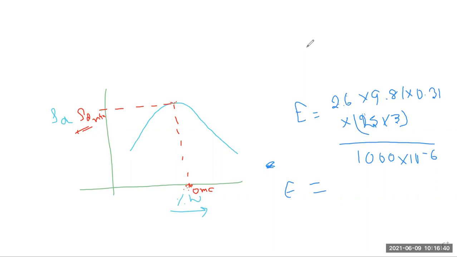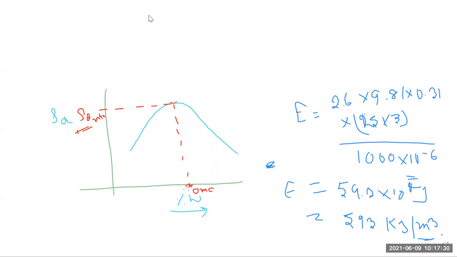Okay, so change the 10 to the power 4. This is in joule, so convert it into kilojoule. This energy is in joule, all units in SI. So change to kilojoule: 59.3 into 10 to the power 4 joule can be changed into kilojoule, which is 593 kilojoule per meter cube.